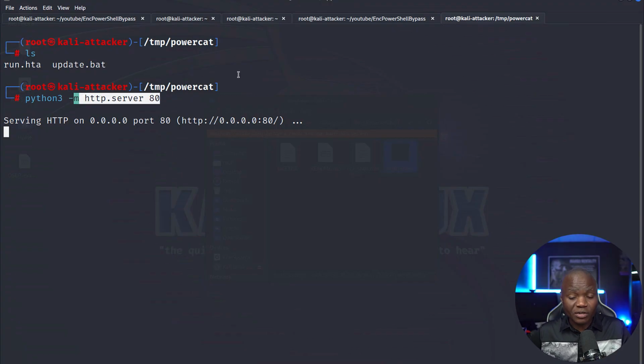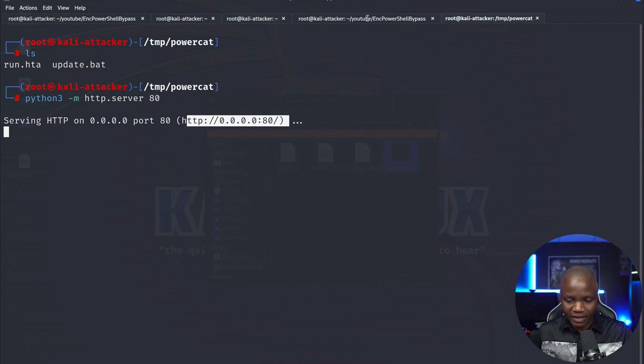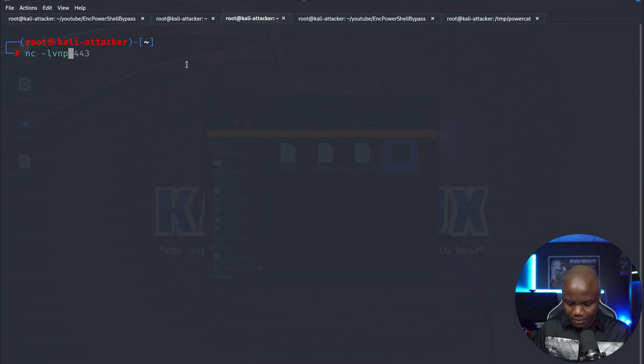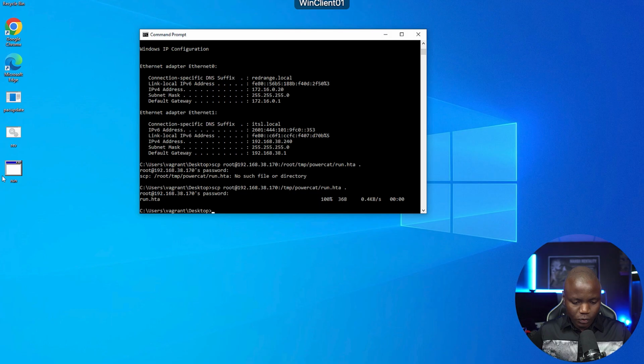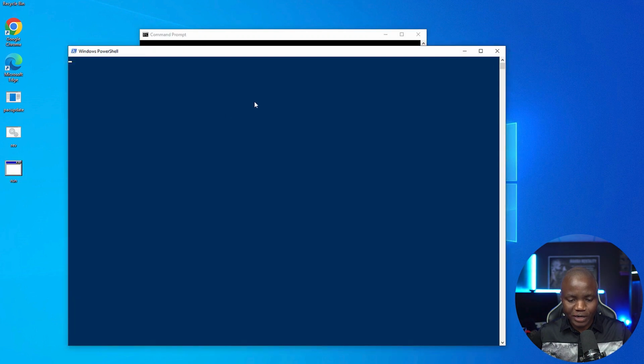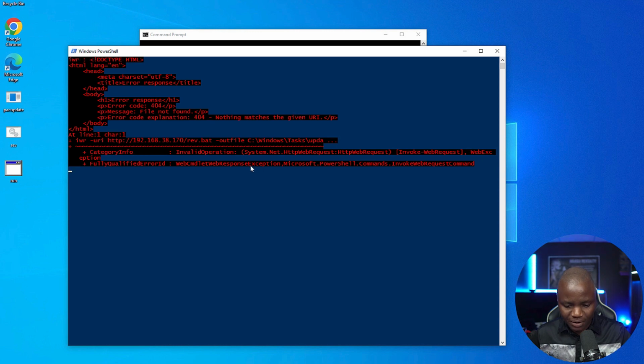If I click on that run.hta, it should reach out here and download the file. And immediately after it downloads the file, that file should be run because that's what the HTA file is doing. So I need a listener on 443. This is not going to be a full Metasploit shell, but you can then use this shell to disable Defender and make sure that your Metasploit shells get there if you're going for the OSEP or whatever. So if I just convince a person to double click on this run.hta, it's going to bring up PowerShell. I guess we could have said do not open this and hide it, but for now,